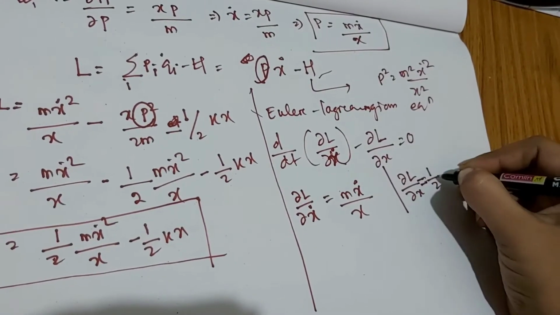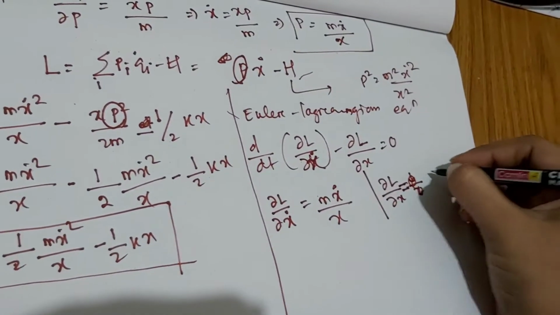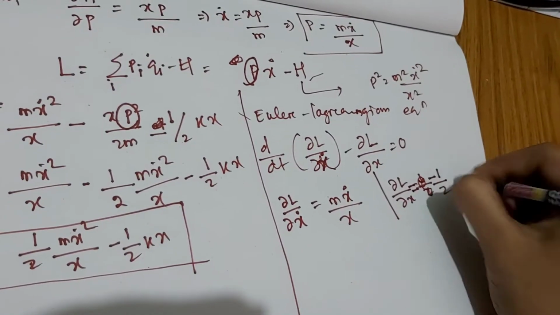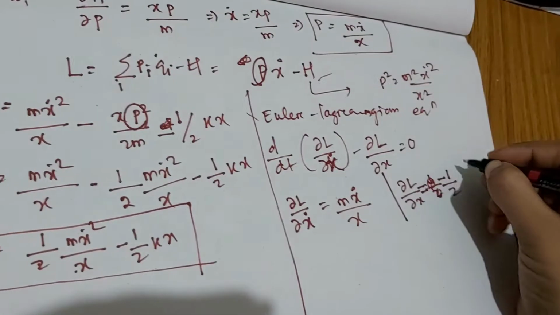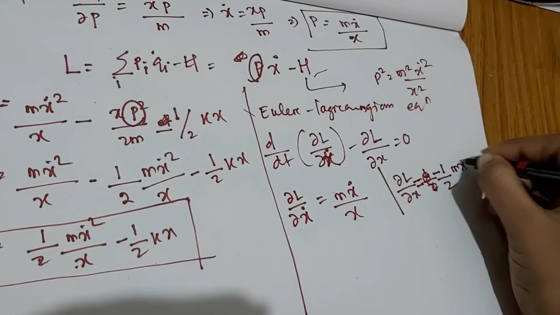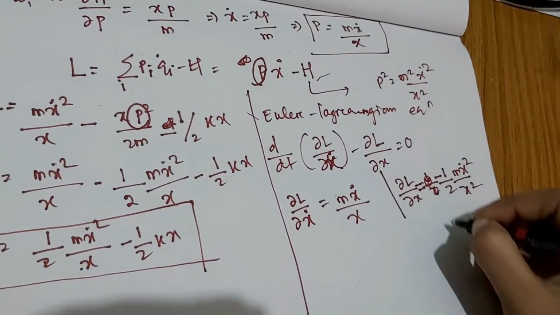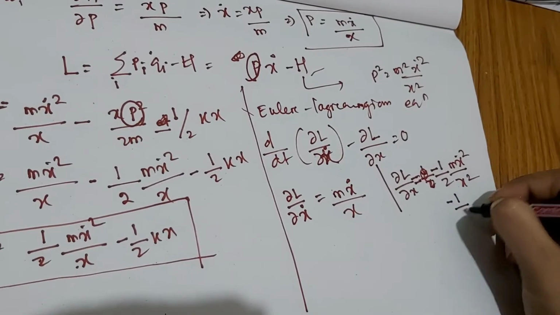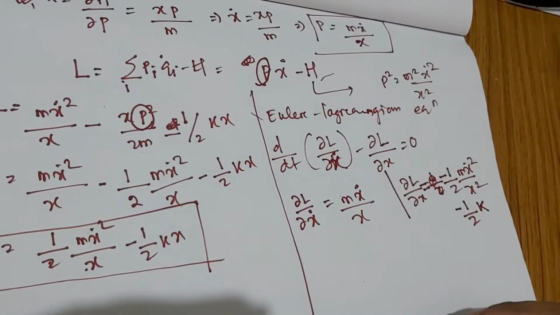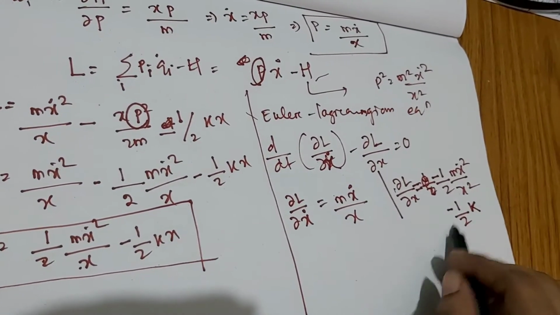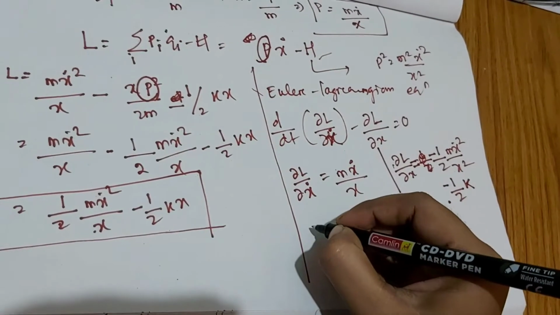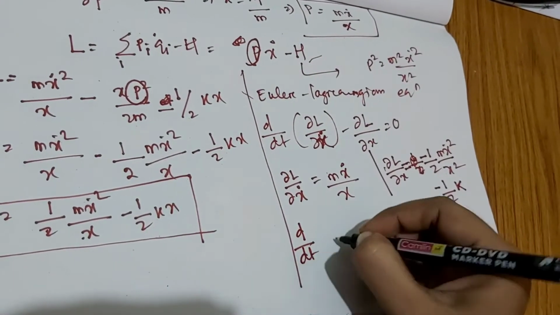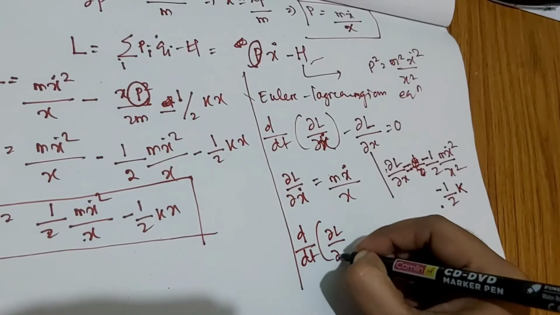Okay, so this is, let me write it clearly, minus half, because x is below, so that will be m ẋ² by x². And this becomes minus half k. Okay, ∂L/∂x. Clear? So, and here also if I will find out d/dt of ∂L/∂ẋ,